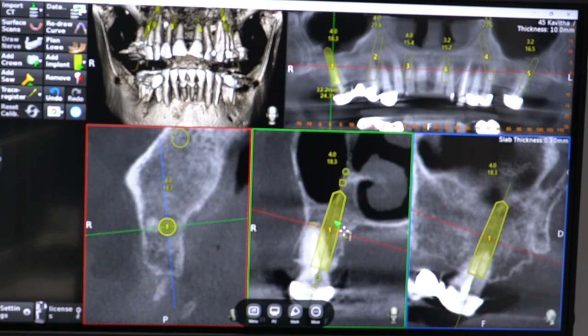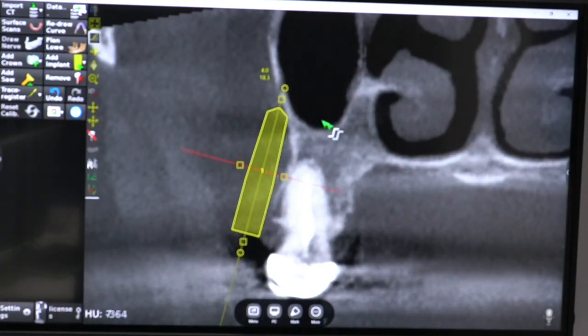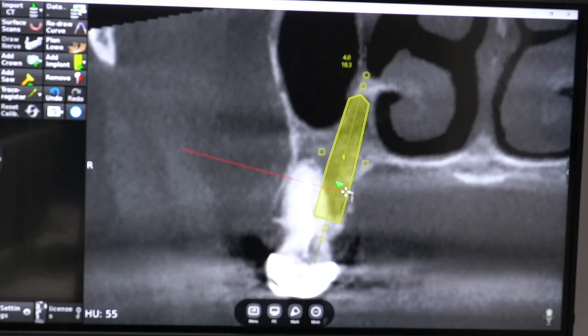So there is interesting anatomy here. The sinus is very far away, and not only that, between the medial wall of the sinus and the lateral wall of the nose, there is an island of bone which is called the palatal bone, which is a very good bone. We can place an implant into this palatal crest. If we drill here, we may not get good stability, good length, 13 mm only, but if you just tilt here and aim